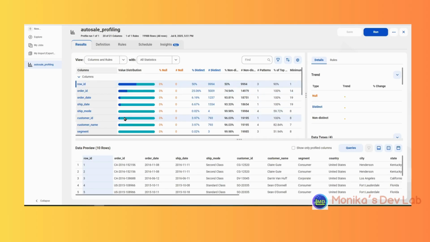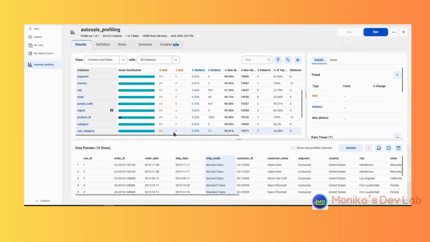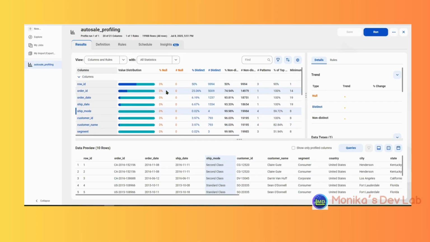If you have unique values, then you will see that here. You can see the value distribution. If you see this dark blue, those are the unique values, and here you can see the value distribution, like how many are unique and how many are repetitive values we have. Then we have null percentage, which shows how many records have null value for this particular column. Since this profile is already a good one, we can see that the percentage of null is 0. But there will be some columns you may find which have null values, then you will get this null percentage, and the number of rows which have this null value.